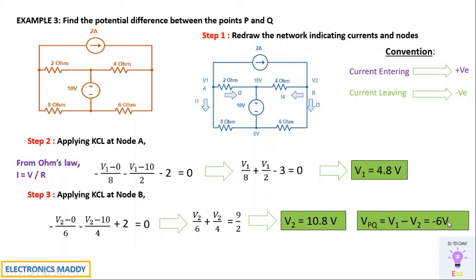So what does that indicate? It is nothing but that V2 is higher than V1. That is what it is trying to say, the final analysis, with respect to VAB or VPQ for that matter. So this is a simple analysis of KCL. Similarly, a lot of problems are available with respect to this. Suitably selecting which to apply, KCL or KVL, you will get to know by solving a lot of problems.